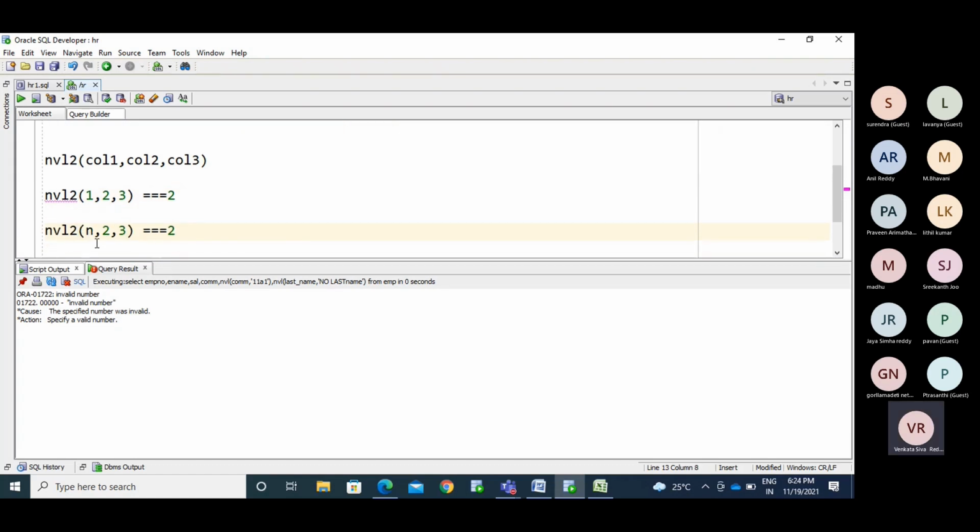If column 1 does not have any value, meaning it is null, it checks and finds this is false. Expression 1 is false. Now it will display the third column value.